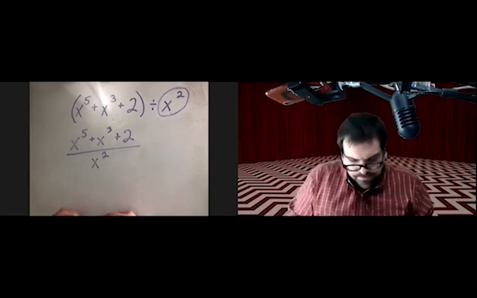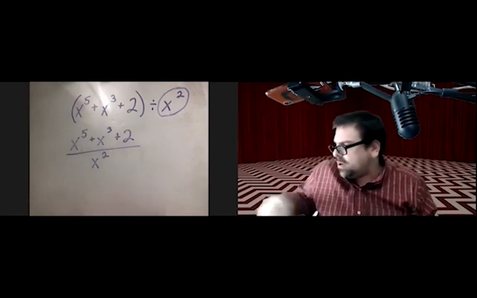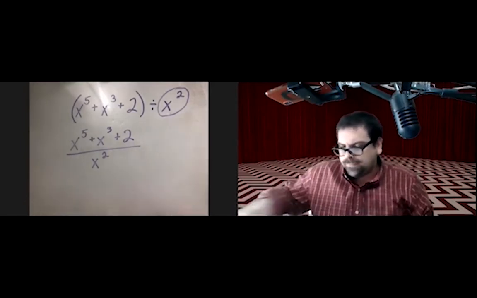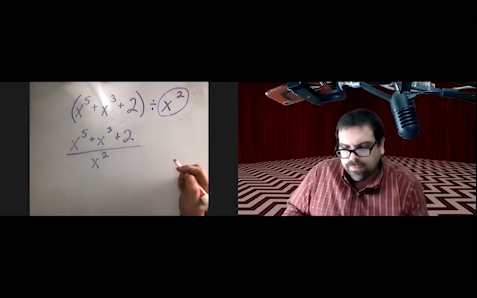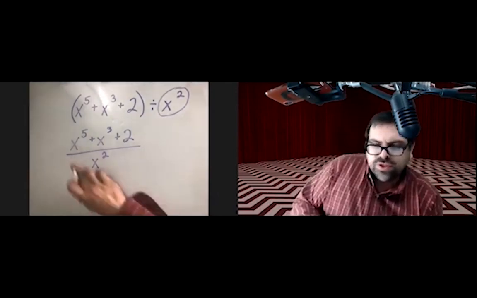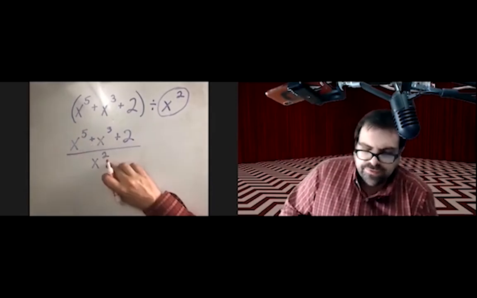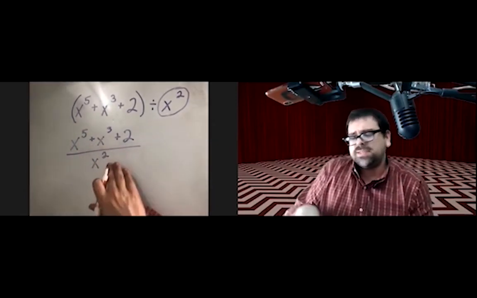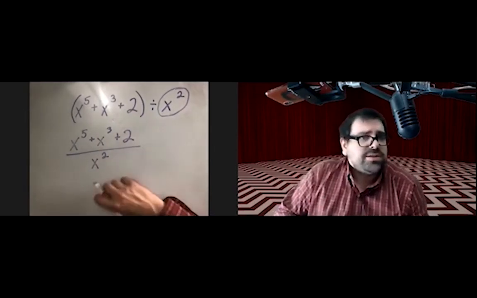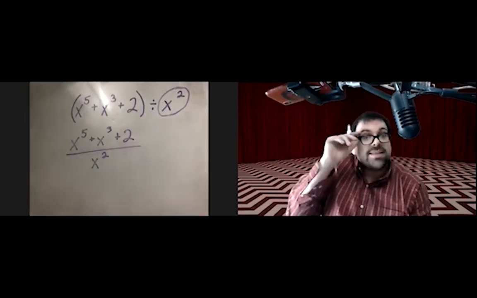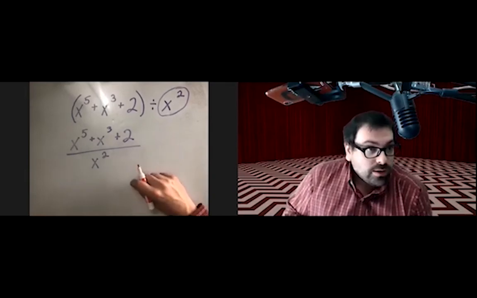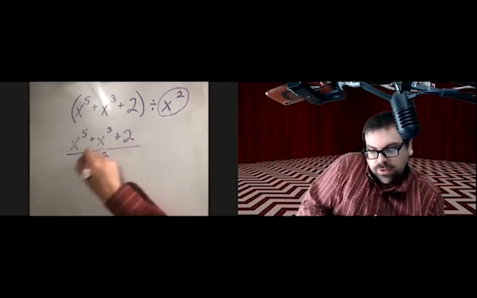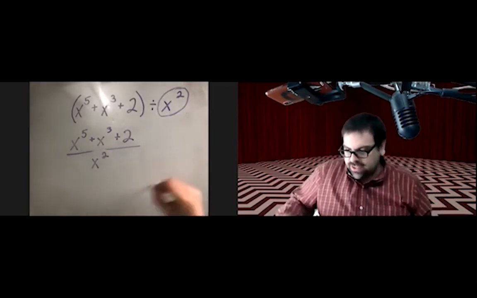Now, with this problem we wouldn't just go, hey, x to the fifth divided by x squared, that's x cubed, plus x cubed is 2x cubed plus 2. I'd expect to get that answer a lot, but it's absolutely wrong. When we're dividing by a single monomial,